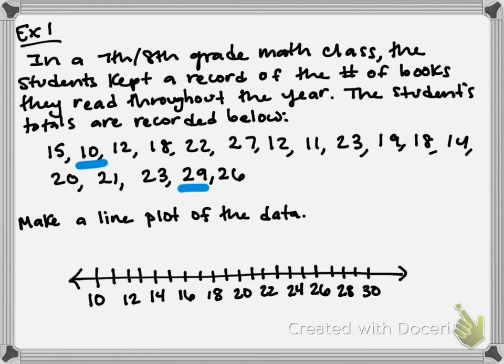All right, the hardest part about this is making sure that you record all of the data points. So I like to cross them off when I'm done so that I make sure I got them all. So I'm going to start with 15. I'm going to put an X above 15. Then I have 10, 12, 18, 22, 27, 12,